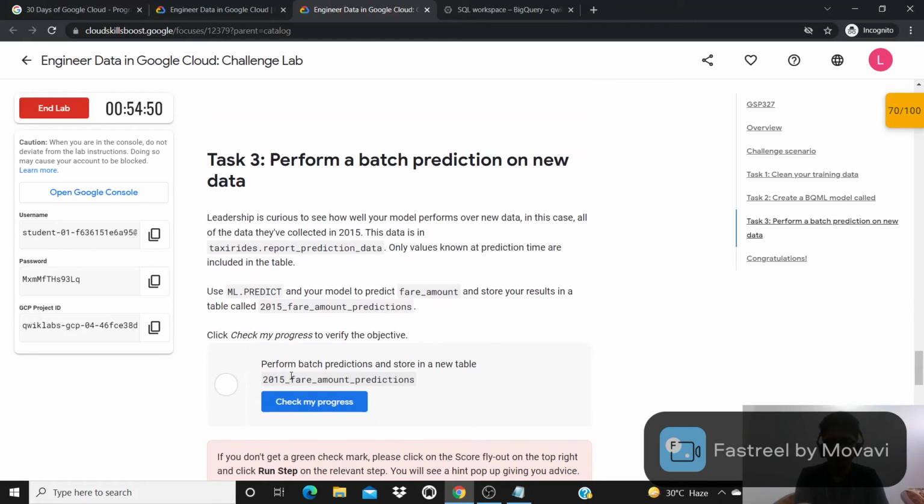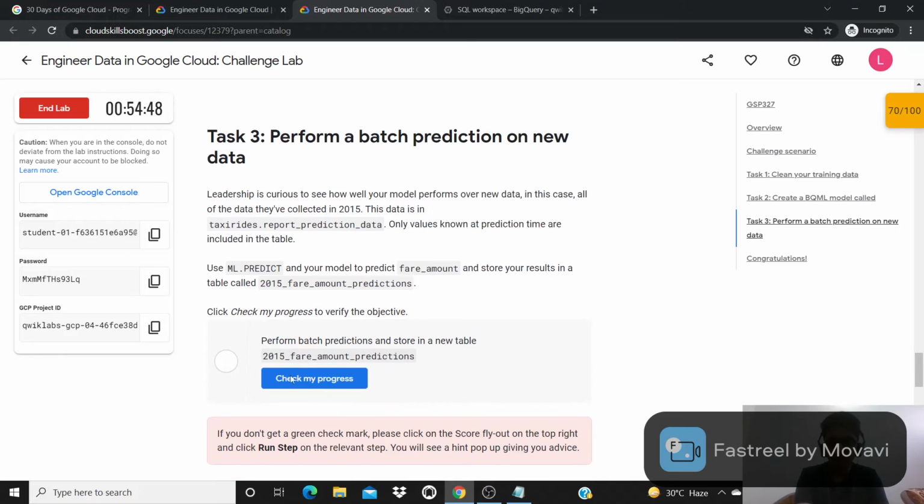Now we have to do our last task, which is task 3. Now what we have to do in this task, as in task 2, we have created a model. Now using that model, we will predict the amount and store that predicted amount in a table whose name will be 2015_fare_amount_predictions.